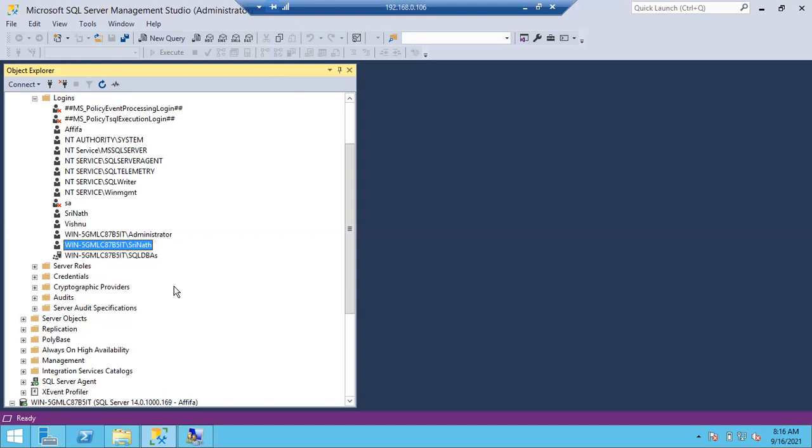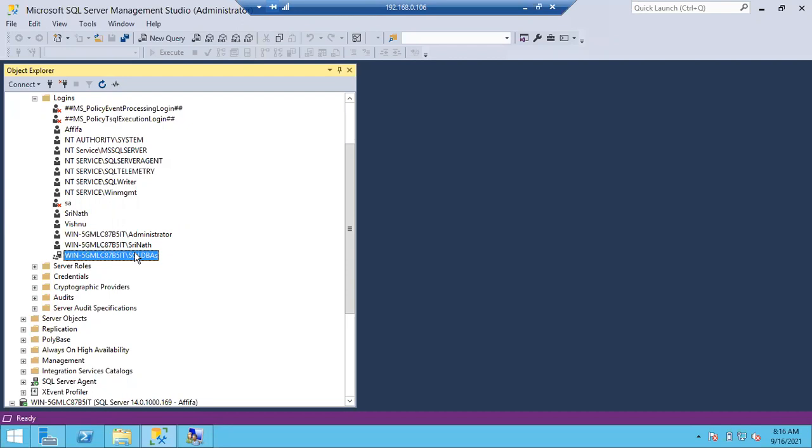There is no difference in creating a group login. Simply give the group name and choose groups and the object types. That is the only difference. The main advantage is that you don't need to give permissions to individual users again and again. Once you create the group, you can give permissions to the whole group, so all the members of this group will get the same access and can connect to the database, and depending upon their permissions they can do whatever they want.